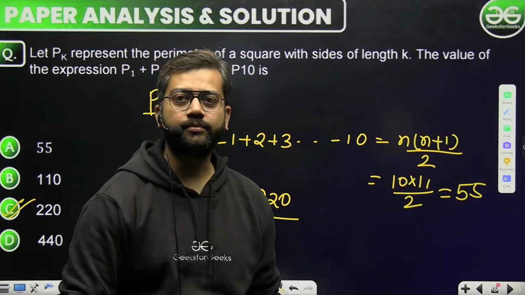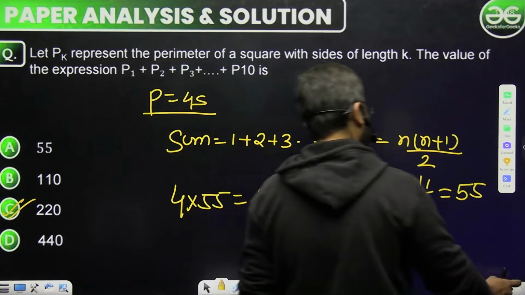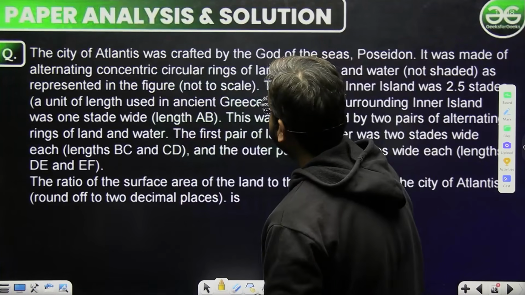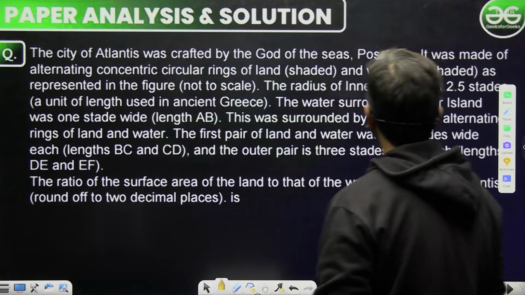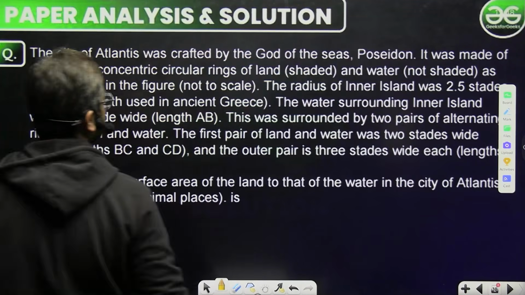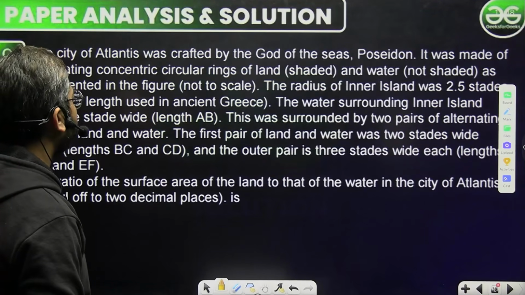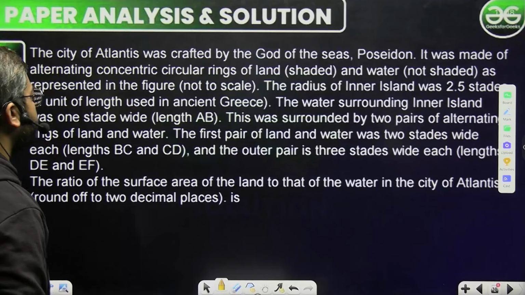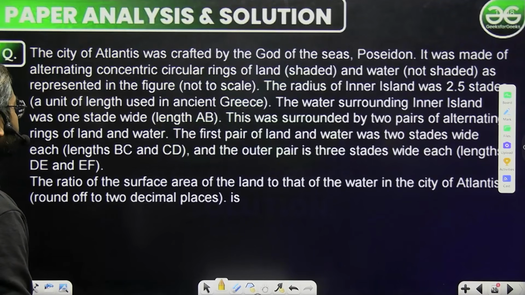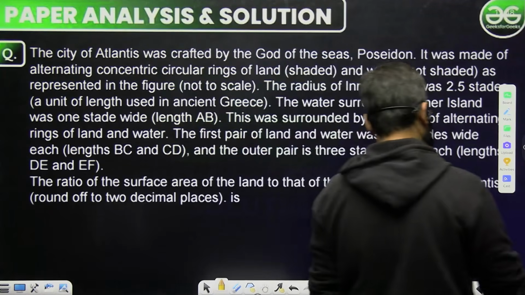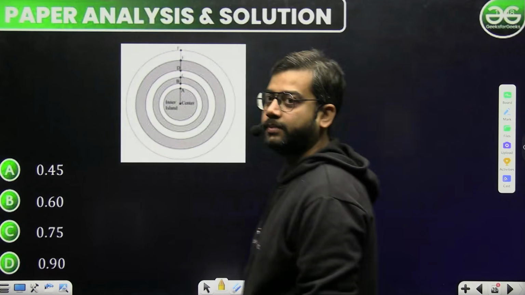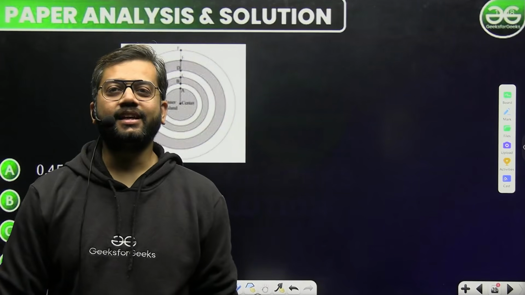बस छोटा सा क्वेश्चन था, इसके अलावा और कुछ नहीं। ठीक, नेक्स्ट। A city of Atlantis crafted with the god of the seas portion, मेड, इसमें concentric circles, rings कर दिए। अच्छा, रिंग वाला क्वेश्चन है, ये भी हम लोगों ने किया था जब 2.5 से हमारा रेडियस इंक्रीज करते जा रहा था, 1 by 1 करके ऑल्टरनेट रेडियस थे, सरफेस एरिया ऑफ द, मूवी के बेसिस पे बना दिए पूरा।